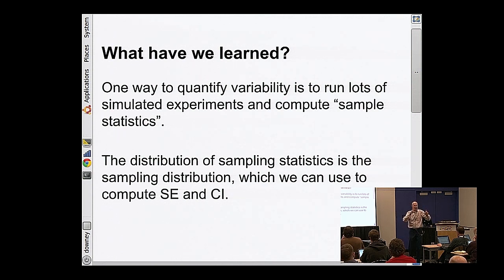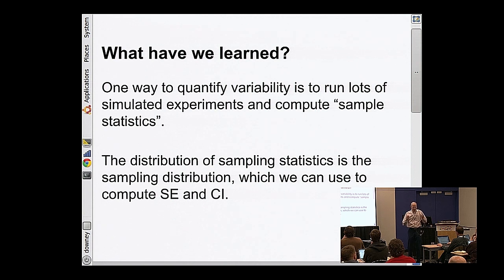I get my sample, I compute the mean of the sample. That number that I get is called a sample statistic. In this case, it's the mean, but it could be other things. Maybe you compute the median of the sample, or the standard deviation, or the 90th percentile, whatever it is. So you take your sample, you boil it down to a single number like the mean. What you'd like to know is how much would that number have varied if I ran this experiment over and over. And the way you do that is by simulating lots of experiments.